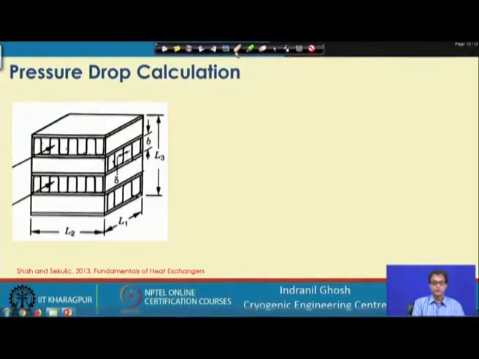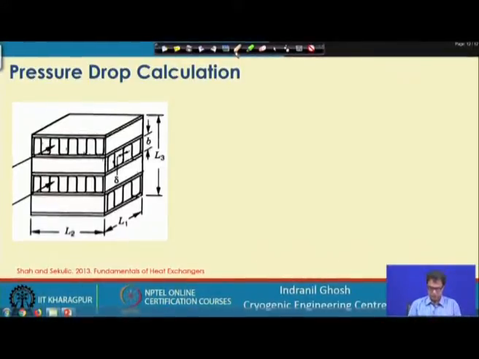So, the geometric specification means the fin types and the fin details, and then we need to know the frontal area, or the length and the width or the height of the heat exchanger. Only then would we be able to estimate the pressure drop. So, the general idea is that we first need the geometric specification of the heat exchanger. Then we need to look for the